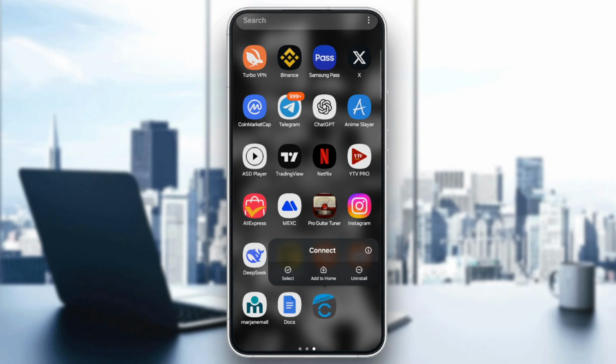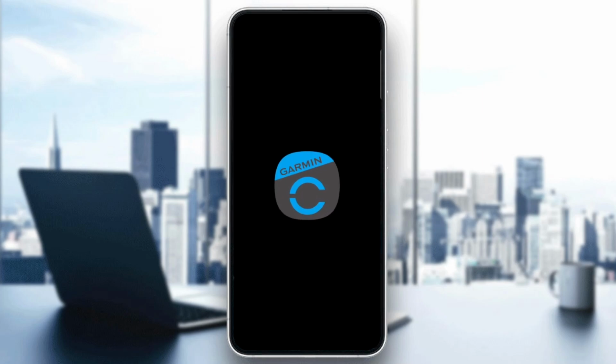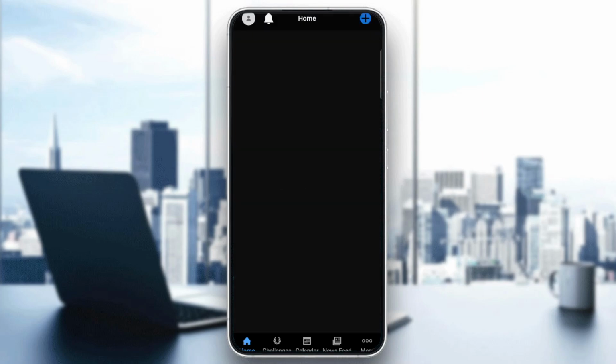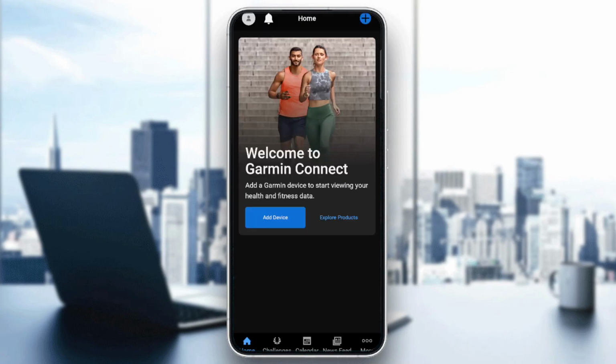All we're gonna do right now is open your device, make sure you are fully connected to the internet. We're gonna go all the way to look for our Garmin Connect app. Hit on the profile, then it will open automatically. All you're gonna do now is log in using your email address and password, then tap on this three-dot menu